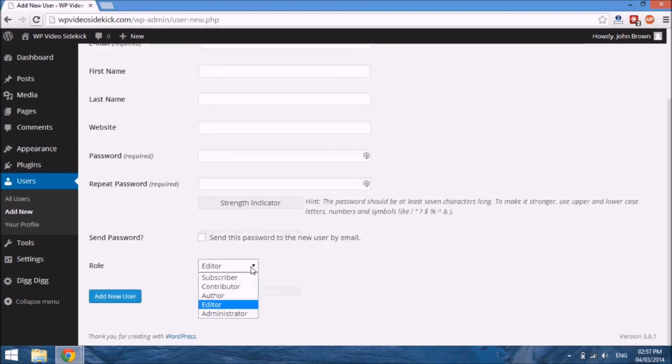Okay? An author would be able to add content such as posts, but would only be able to edit that content that they have created. So they wouldn't be able to edit other authors' content. An editor could do that, but not an author. A contributor would be able to create content. So a contributor could create a post. So for example, if you have a guest blogger